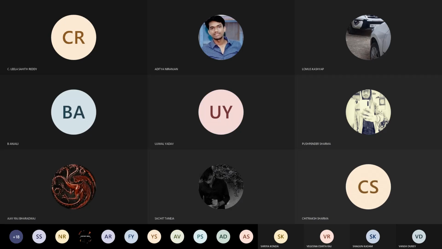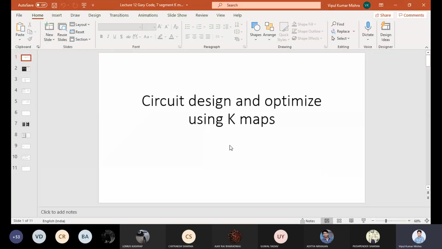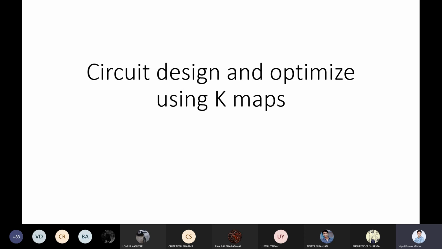In the last lecture, we have seen how to make a K-map using a Boolean function, right? And how to make a K-map whenever some circuit or some truth table is given to you. So today we'll do one exercise quickly, and then the entire process will follow, and you will understand much better: if a problem is given to you, how to make a truth table, then from the truth table how to make a K-map, and from that K-map output how to make a circuit. So we'll do all this today in this particular lecture, right?